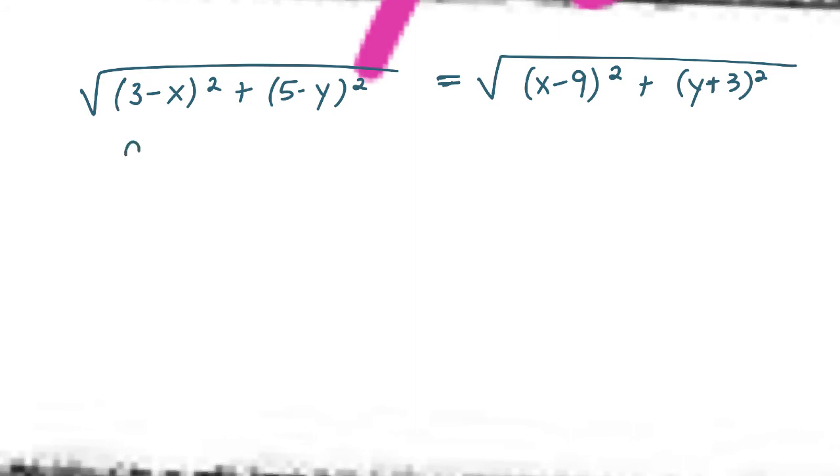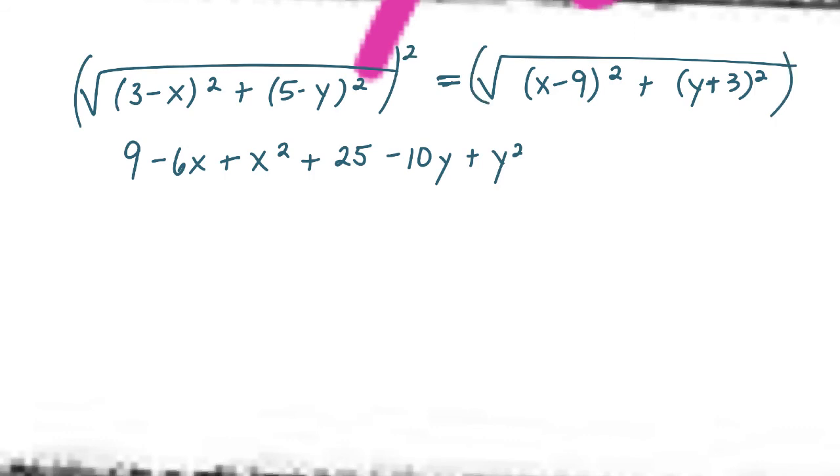So on here, I have 9 minus 6x plus x squared plus 25 minus 10y plus y squared. Now remember, I could square both of these, so I'm going to get rid of all of that square root. And that is equal to x squared minus 18x plus 81. You have to FOIL all these. y squared plus 6y plus 9. And when I start to combine these together,